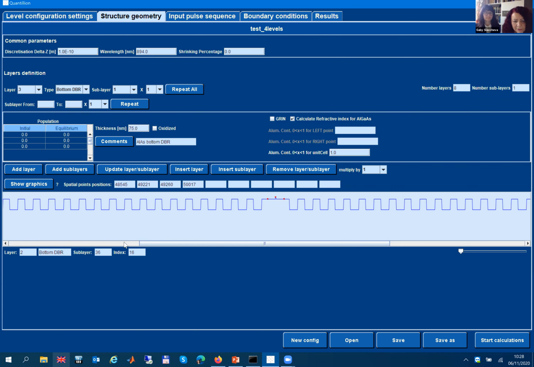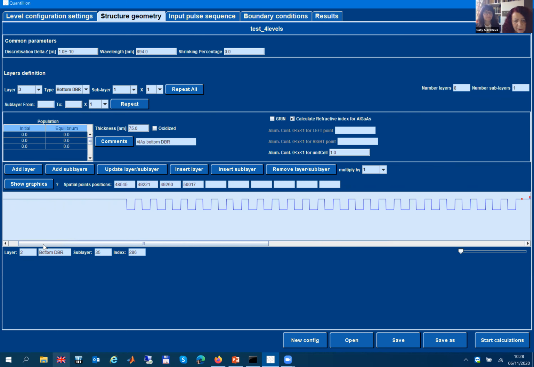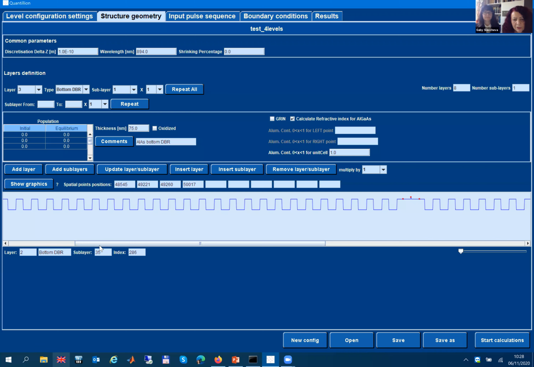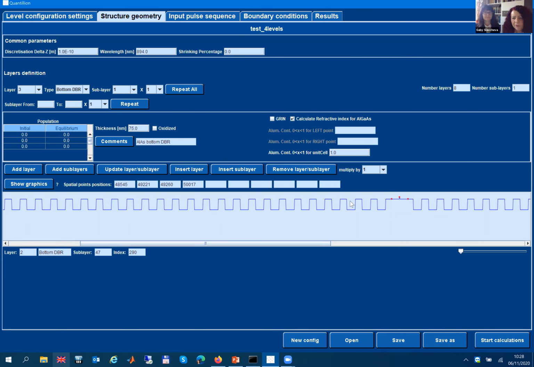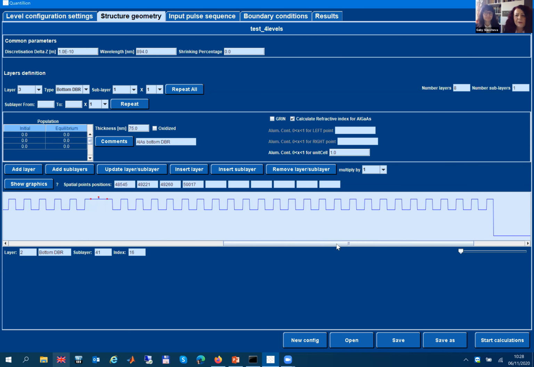Here I have prepared the structure working in the strong coupling regime with 25.5 DBR layers, GaAs layers on the bottom DBR, and 25 GaAs layers on the top DBR with cavity.